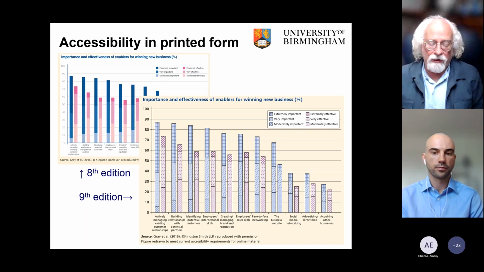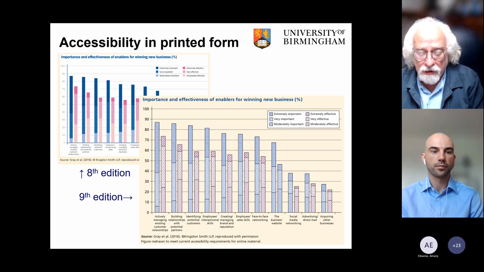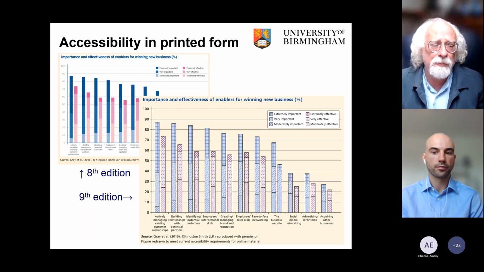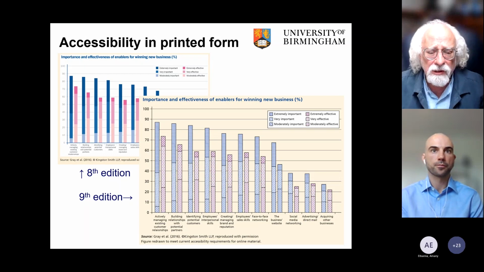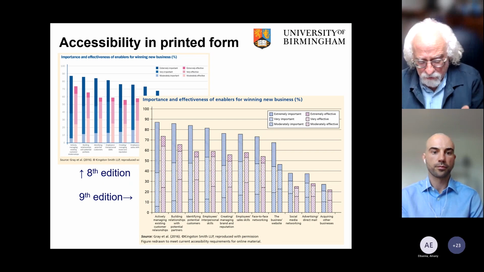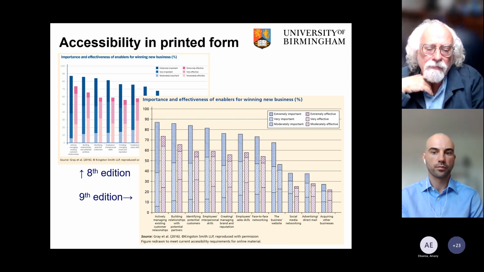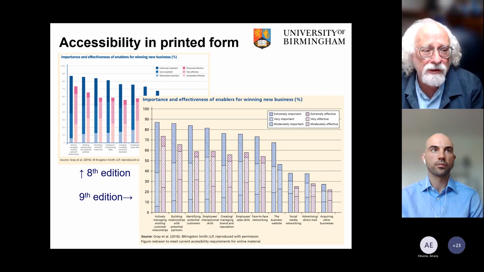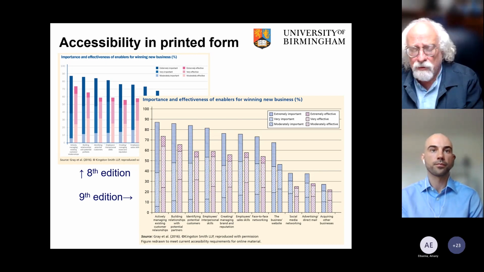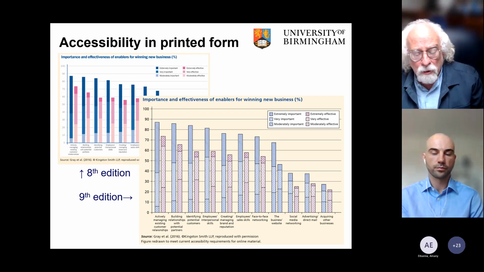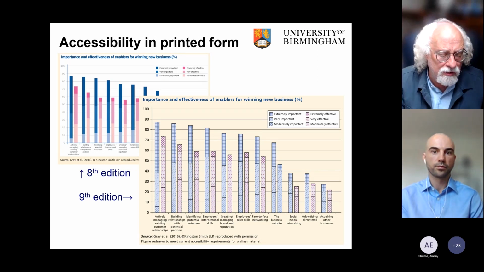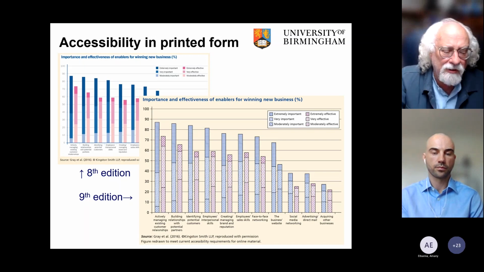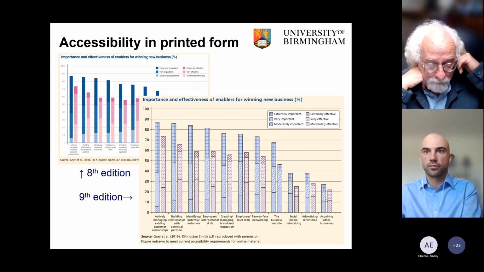When it came to this last edition, with the guidelines that are available on what's easy for people who are partially sighted to see, it was pointed out by Kay quite rightly that was not particularly easy to interpret. And so on the basis of Kay Richardson's comments, it was redrawn for the 9th edition to be much more easy to interpret for people who are visually impaired. So immediately we can see we've done that in the paper version. We've gone much more into this in the digital version. So let's look at some of the digital formats now.